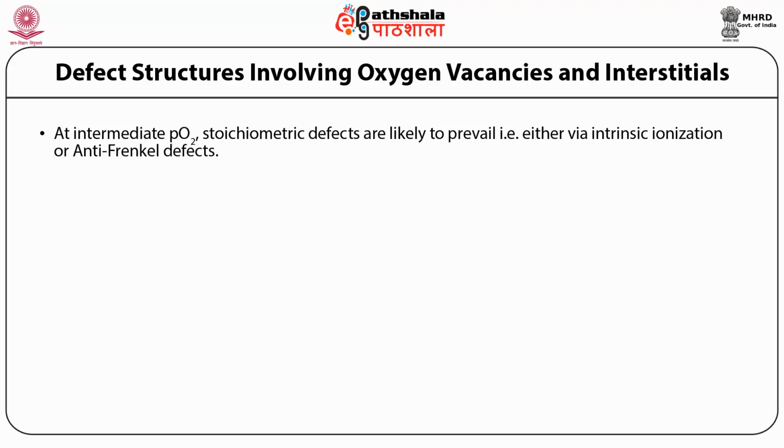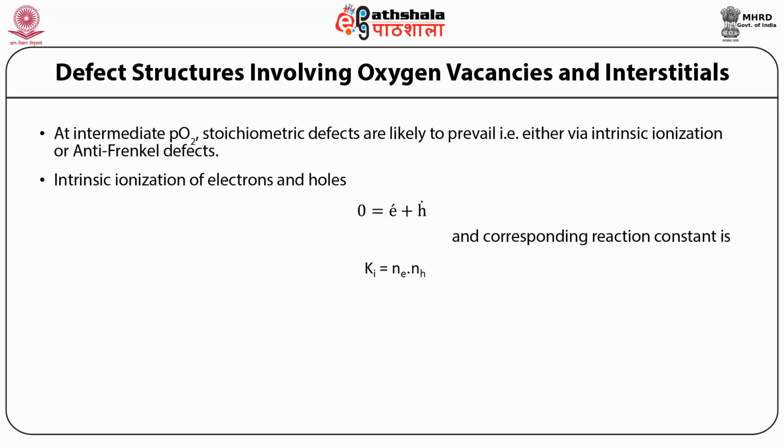At intermediate partial pressures of oxygen, that is PO2, the stoichiometric defects are likely to prevail, that is, either through intrinsic ionization or through anti-Frenkel defects. So the first is intrinsic ionization of electrons and holes. In this case, 0 gives electron plus hole, and the corresponding reaction constant is Ki is equal to Ne